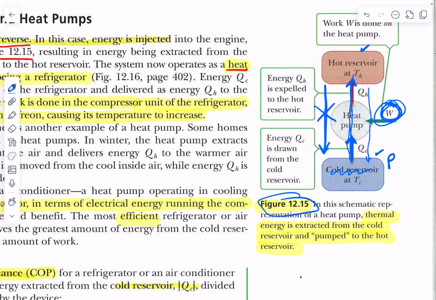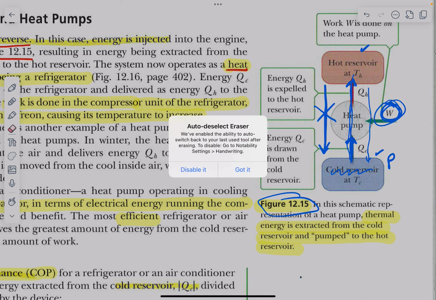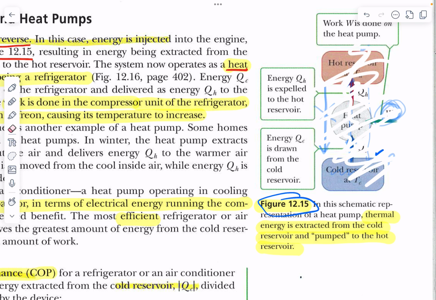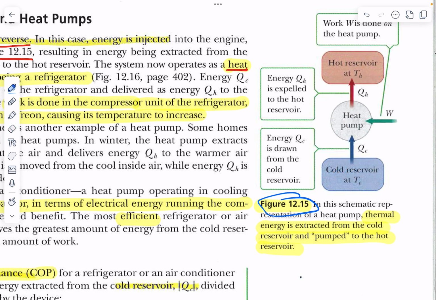We can do the same thing. Let's try to erase some of this stuff. We can do the same thing with our air conditioning unit in the house. On a hot day,